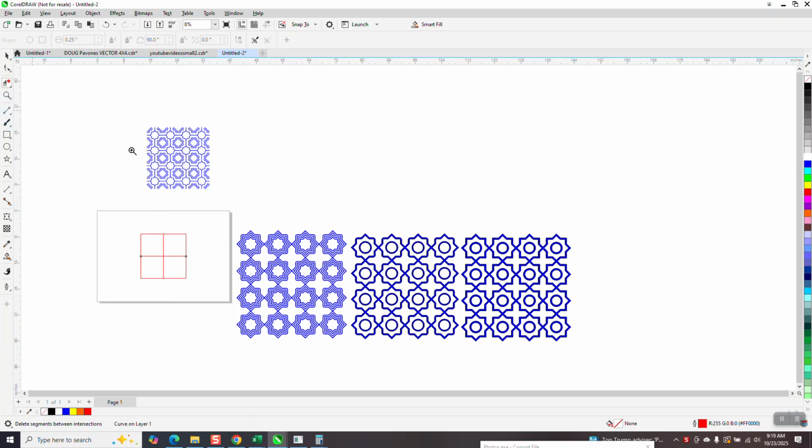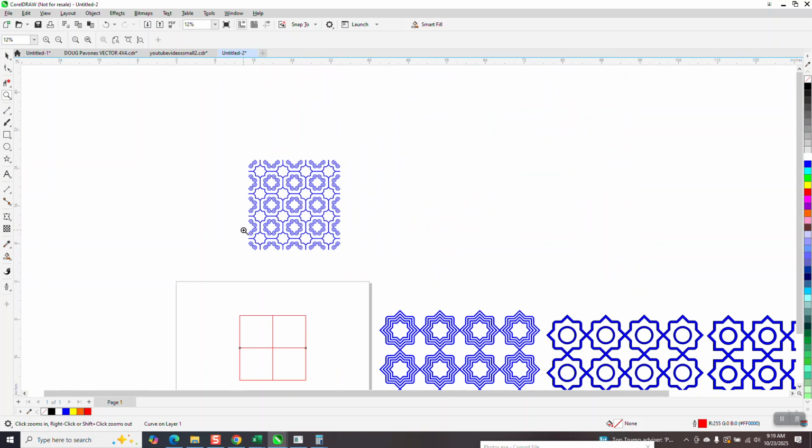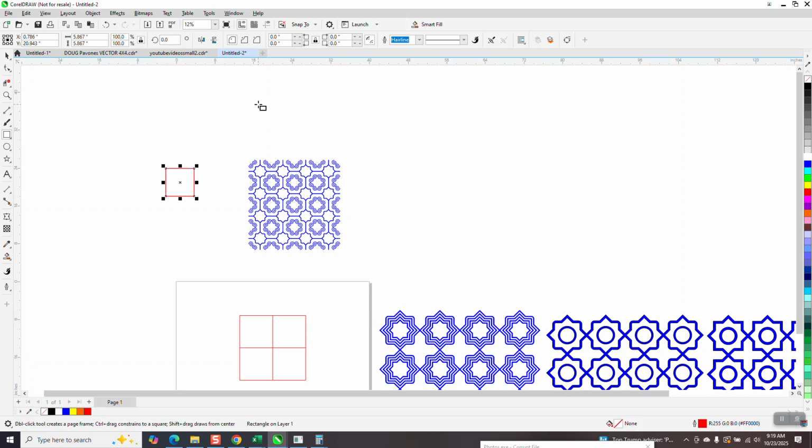But then what we're going to do, let's look at this, and you can kind of see I rounded off the corners. What I did is I took another, just like I did in the first video, and then I control D and rotated it 45 degrees. Go ahead and weld these two, and then pick the